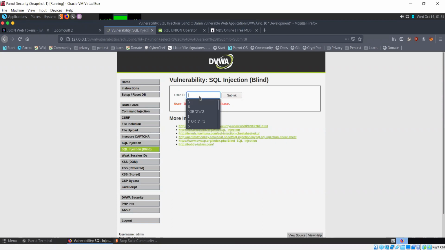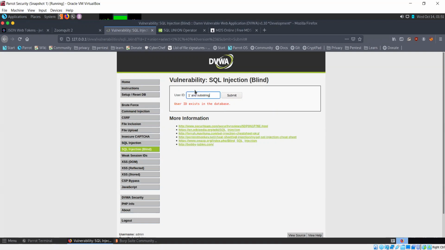So now if you want to figure out the version of the database, we have to do it character by character. Let me tell you what I mean. Substring. Now substring is a function which takes a string and creates smaller strings out of it.